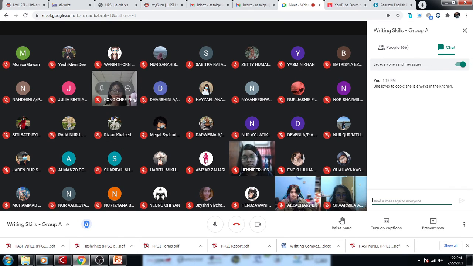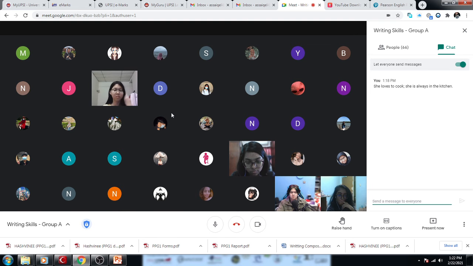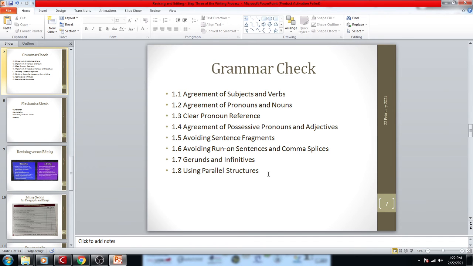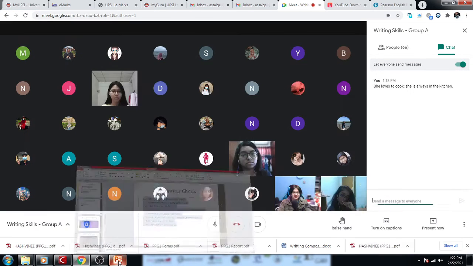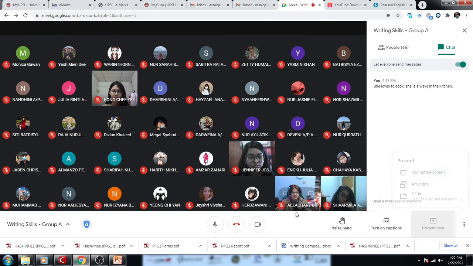Please go through these structures. If you have a problem, you can either consult me or consult your grammar teacher or consult a grammar book. But make sure that you understand these and that when you revise your paragraphs, as you look for your COPs, punctuation, capitalization, and these grammatical systems, okay? These ones. Can you see the slides? Maybe not now because I think I stopped presenting. I want to end the presentation.